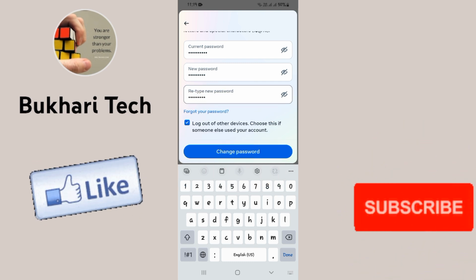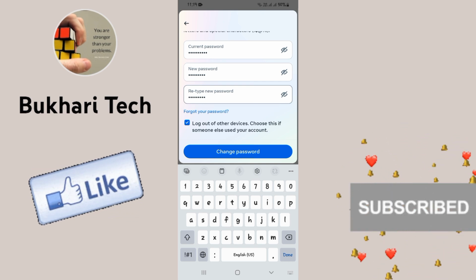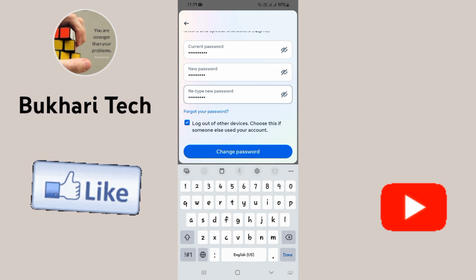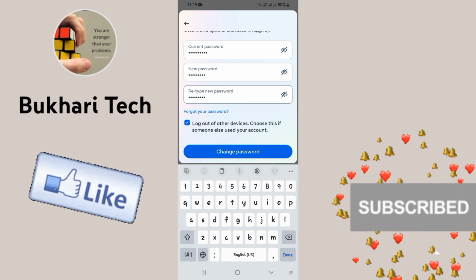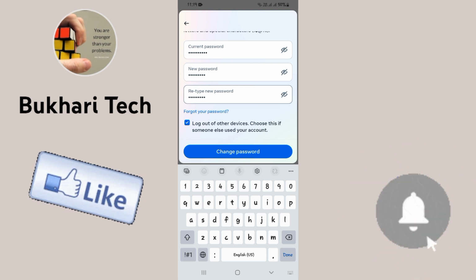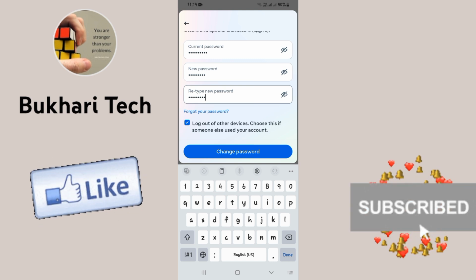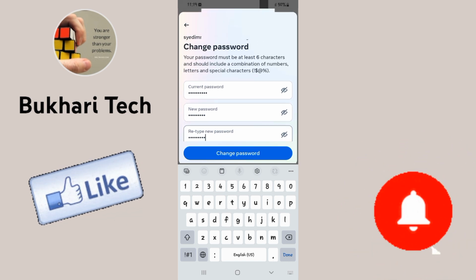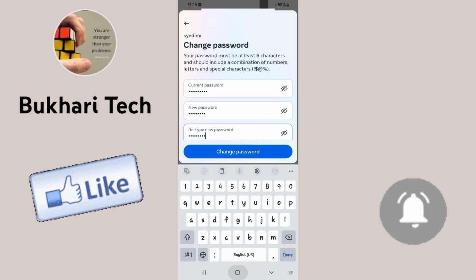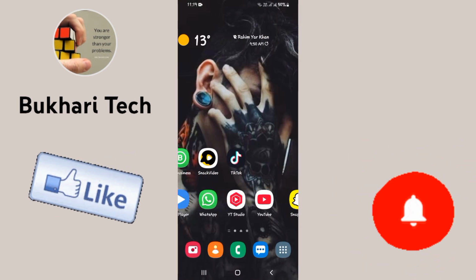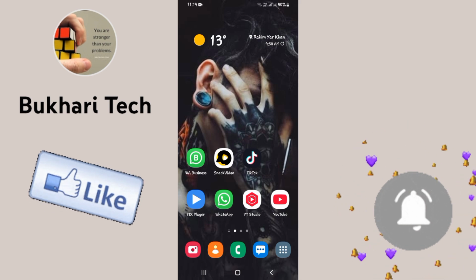Now log out of other devices. Choose this if someone else used your account. So simply tap on change password. When you tap on change password, your password automatically changed. So go back. So friends, after watching this video, I hope you know how to change the password of Instagram